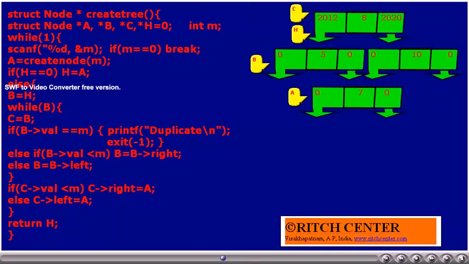Thus, next time the while condition is checked, the while loop becomes false, and we will come out from the while loop. Verify that at this junction, C will be pointing to the node having 5. That is, C will be pointing to the node to which this new node has to be added as a right or left child based upon the relationship. So, that is the effect of this while loop. We will be traversing from the root node and trying to find out the node to which the new node has to be added as the left child or right child. For that purpose, this while loop is written.